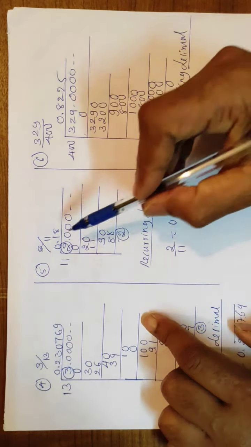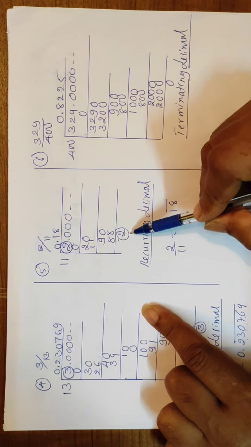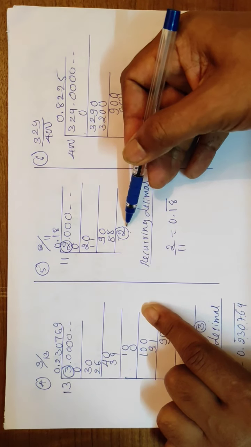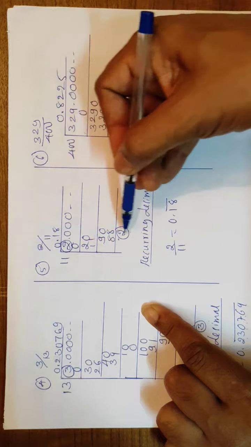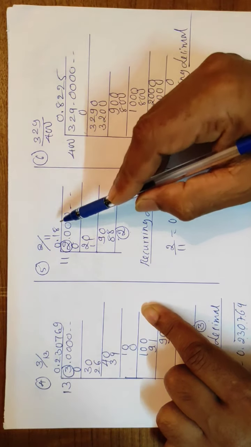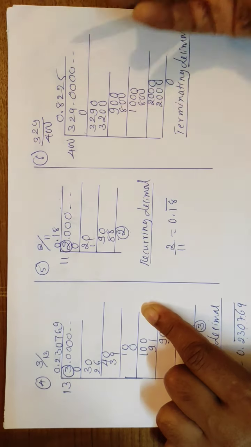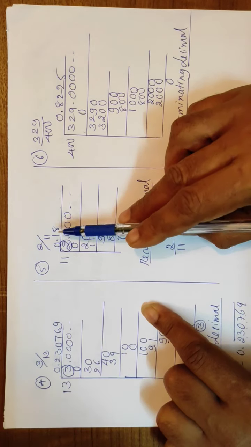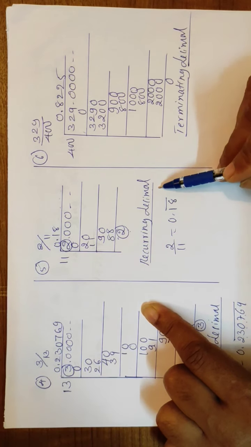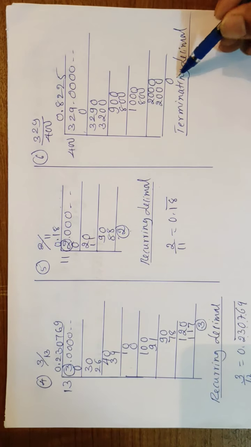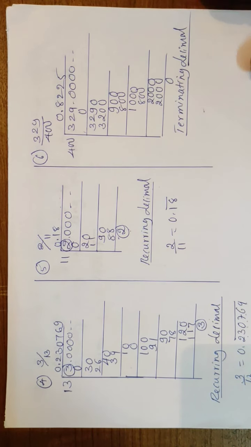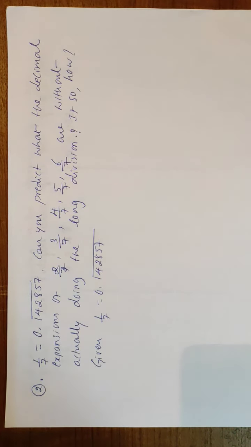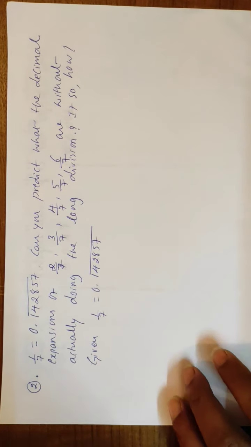Here once again we started with 2 and the remainder at this stage is 2. That itself gives you the idea that it recurs. The same procedure will repeat, that means you will get 181818 like that in the decimal part. So once again this given number has recurring decimal expansion. Here the remainder is 0. You can write immediately that it has terminating decimal expansion. Very simple problems. Only thing is you should do division properly.